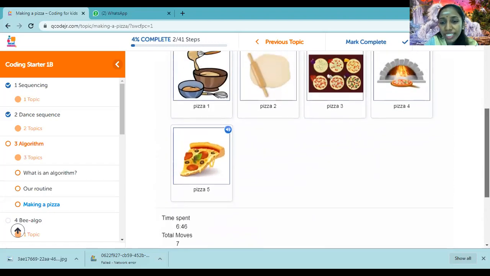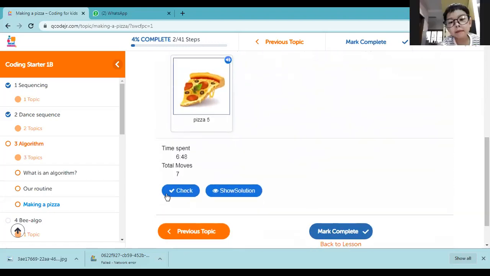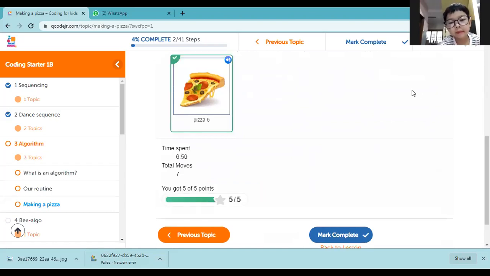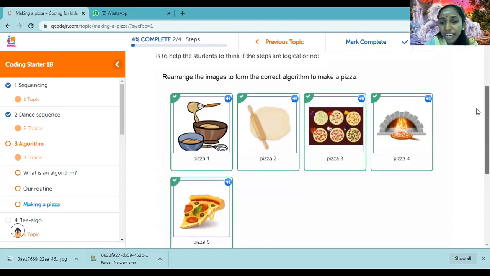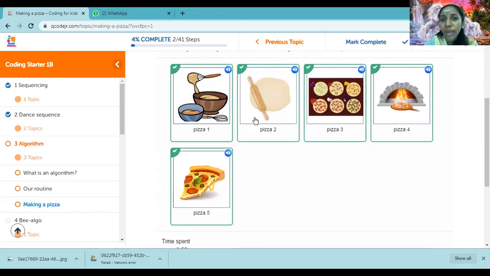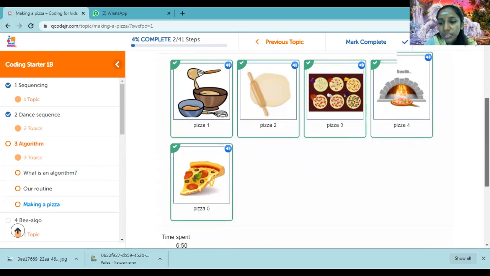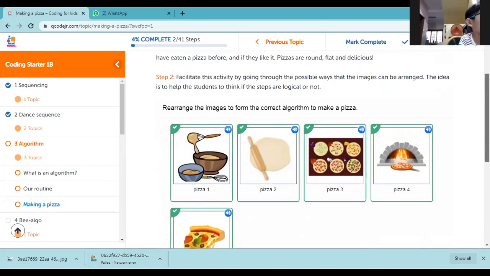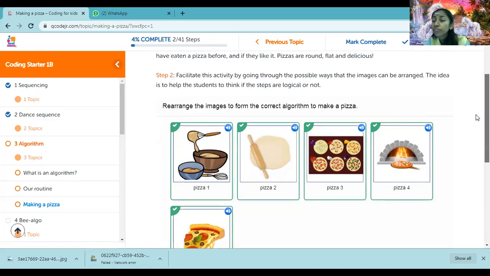Can we check our answers? Okay, let's see. Great, we got it. We got all correct. Very good, children. So you see, in order to make something, we need to follow the steps. We need to follow the correct steps, and that is what we call an